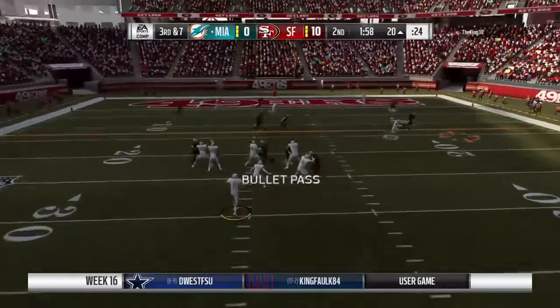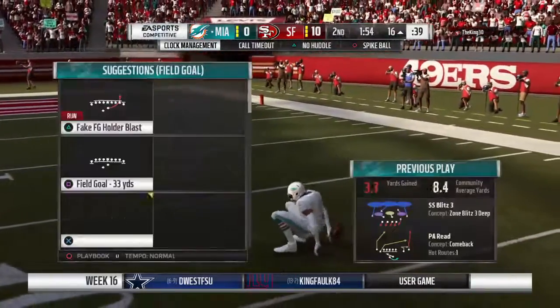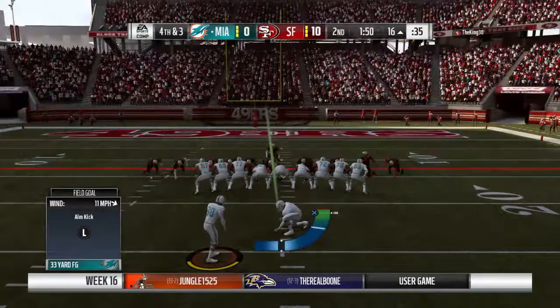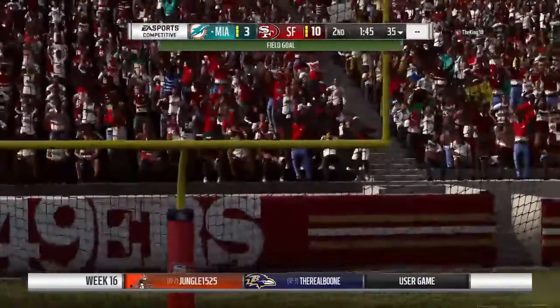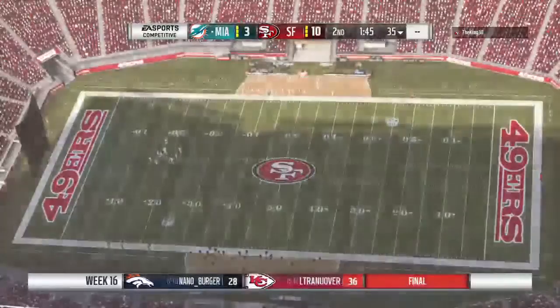Trubisky will throw. Firing quickly here, and that's complete. And he'll take it down here just shy of the 15 at the 16-yard line. They get only 4 that time as that leads us to a 4th down. The kick by Sanders is good. And they get themselves on the board here. It's 10-3. So the field goal there caps what winds up to be an